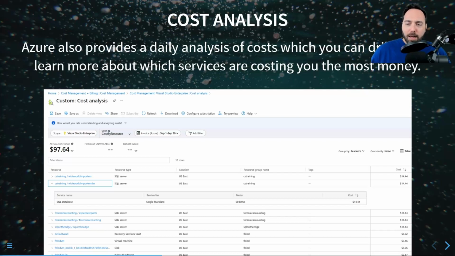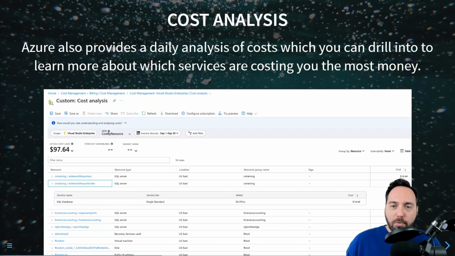Why is it there? Do I still need this thing? And if I don't need it, I can turn it off or get rid of it. So this is an important part of the analysis that we would want to look at. We want to dig into what exactly are the things that are costing money, because I might find out that,